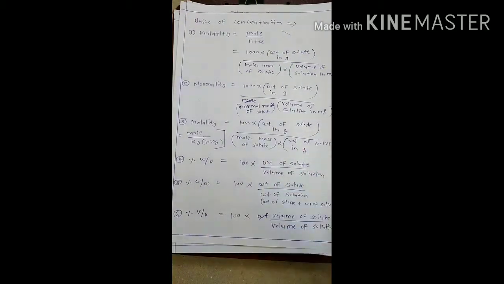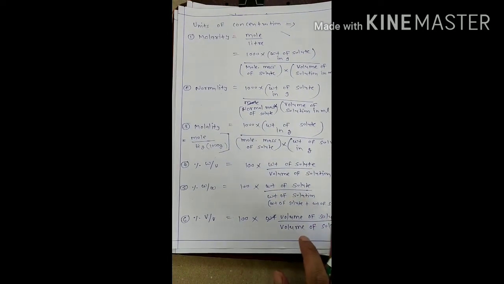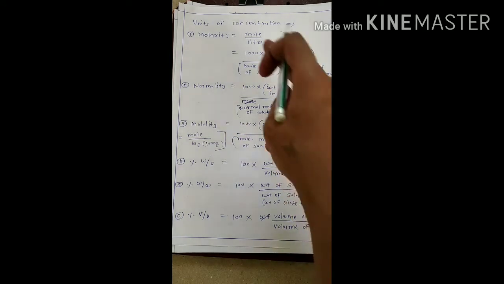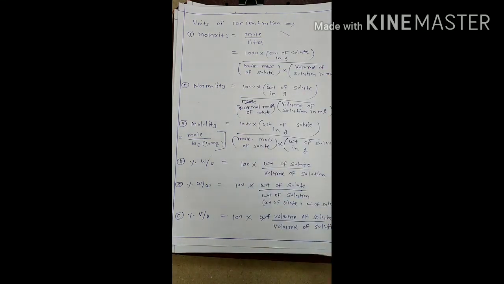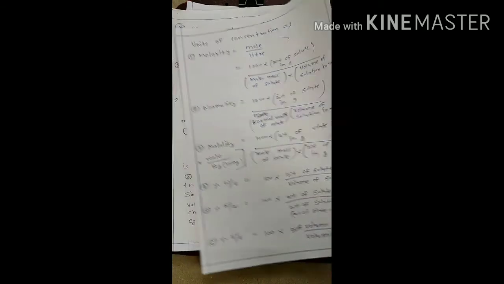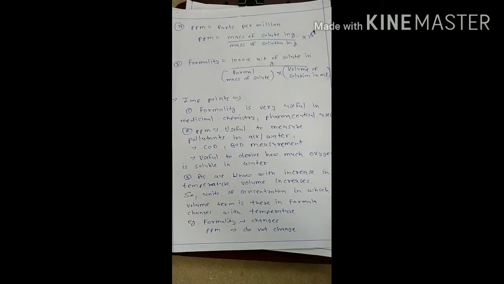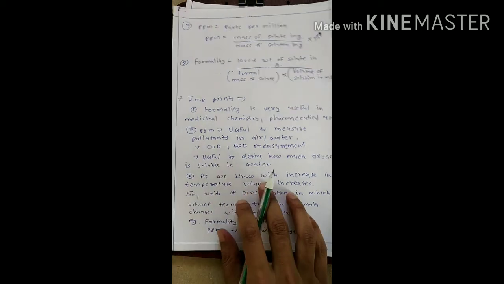So if you have this formula, keep it with you, and if you don't have it, then write it down here. Pause the video and write it down. It is very important. Later on we will calculate some examples from it. These are the first 5. Just pause the video and write it down. These are the 7th and 8th. These are the formulas. Now a few important points